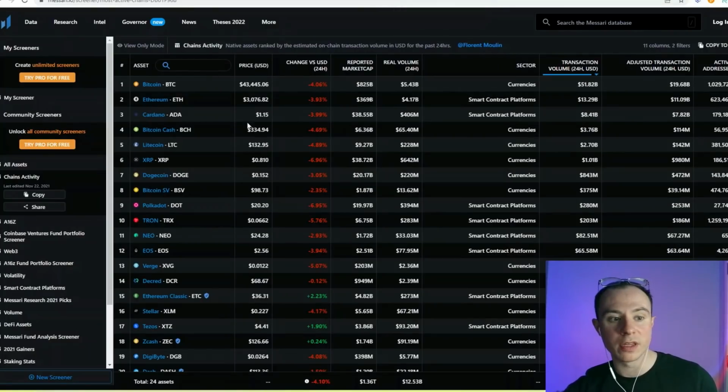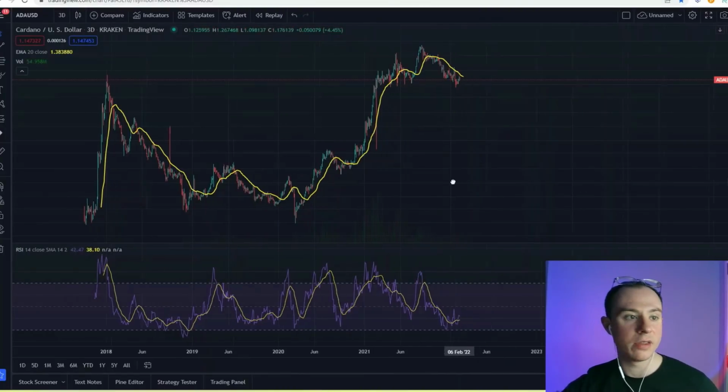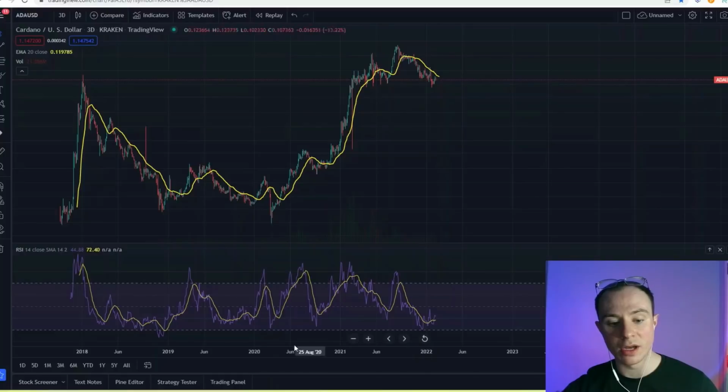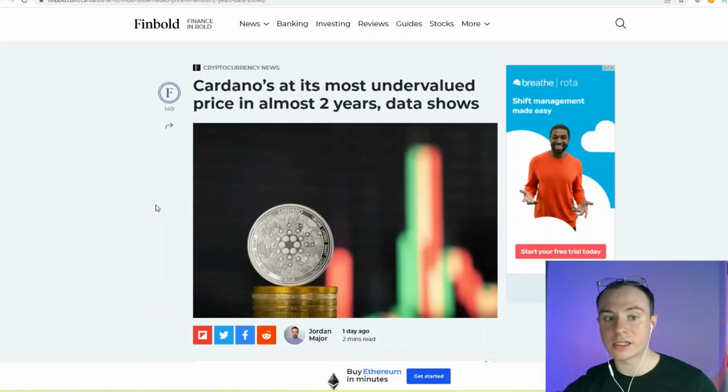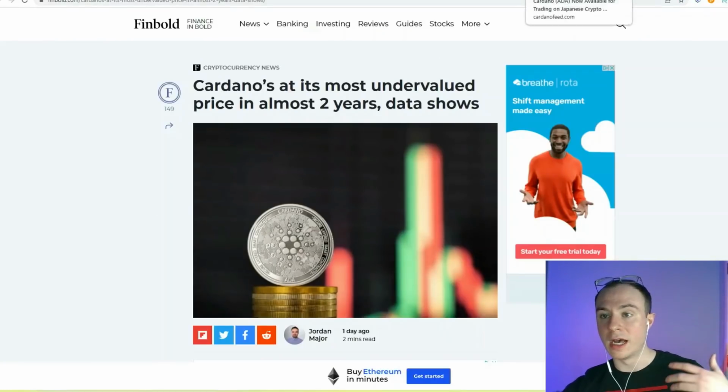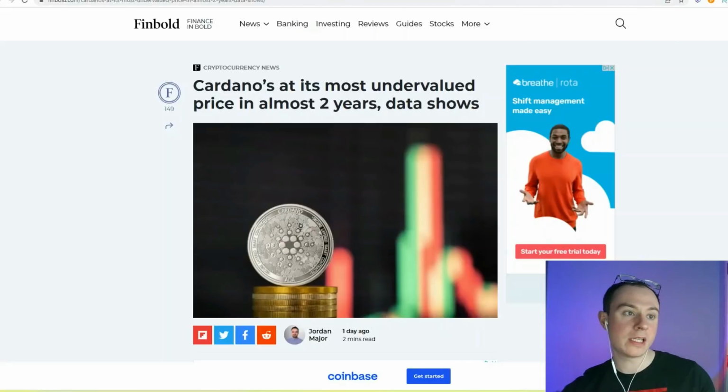We're going to be looking at a number of other things like the daily volume, and talking about the price of Cardano, looking at this RSI. This is the 3-day RSI, and if you look at where we are, guys, the last time we got as low as we've previously gotten on the RSI before making a recovery was March 2020. In actual fact, we got lower than we did in March 2020. So this could be a bottoming indicator. There are a number of articles that suggest this. So let's get into the video, guys.